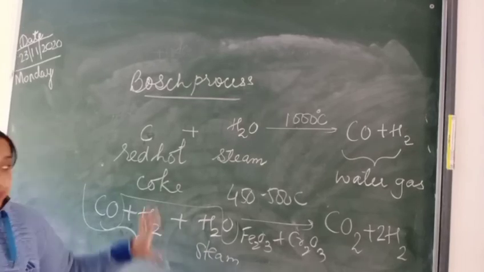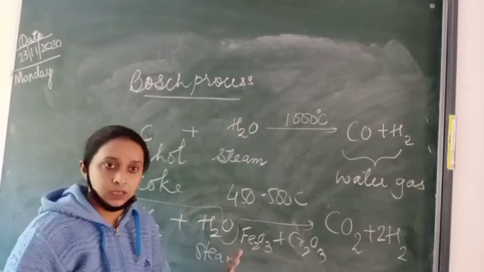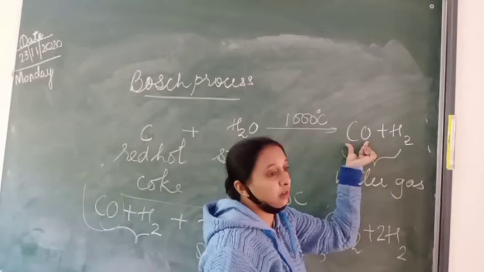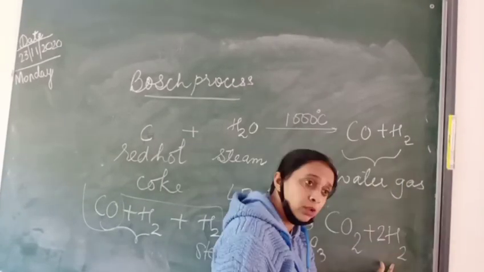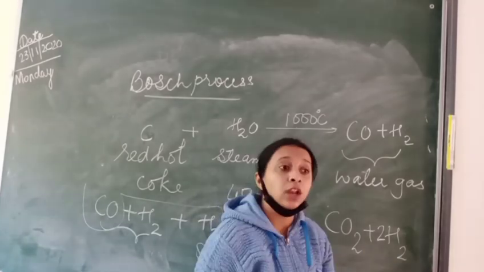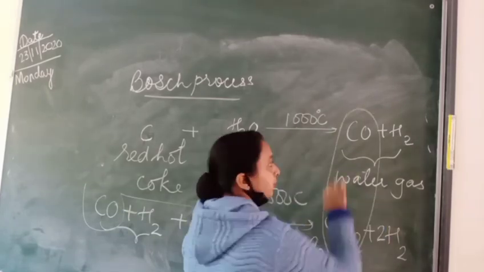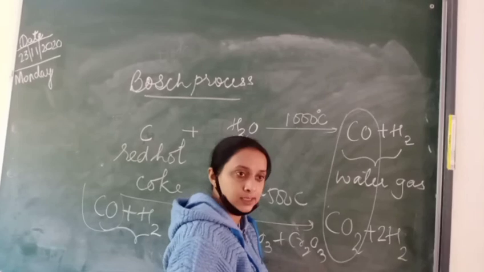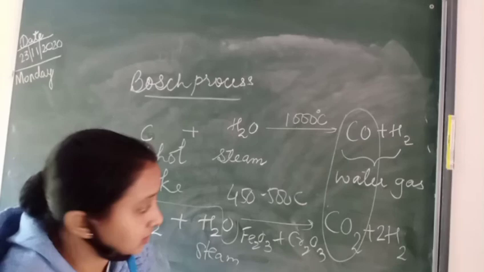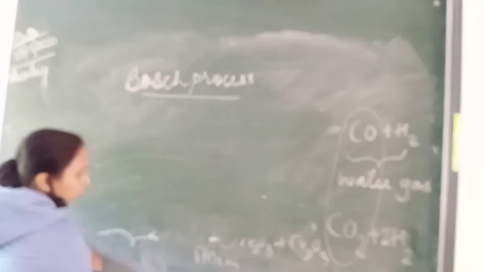Now, first equation में hydrogen is prepared, but it is with carbon monoxide. Again, here also hydrogen is prepared, but it is with carbon dioxide. So we need what? Pure hydrogen. Yes or no? So we need to free this hydrogen from these two gases. अब हमको free और pure hydrogen कैसे मिलेगा? How we will get this? We have to remove here what? Carbon monoxide and carbon dioxide. Yes or no? So पहला method, we have to what? Get pure hydrogen. Pure hydrogen चाहिए.